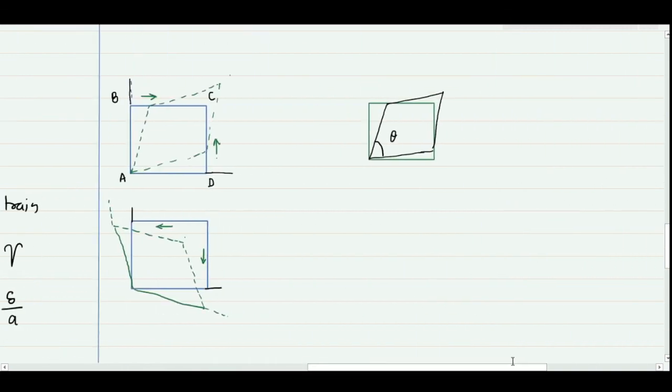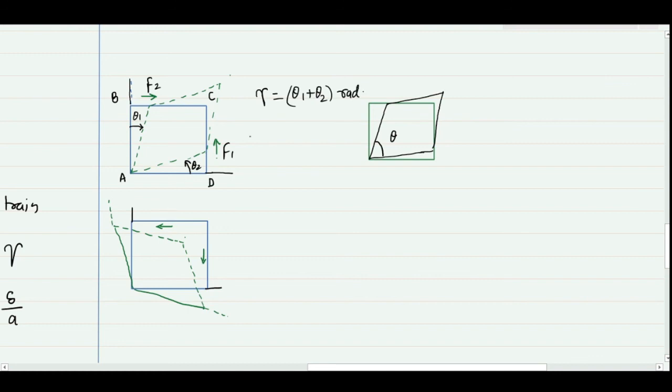Let's see two more problems. Here I am saying that now all sides are free. There is no fixing of the bottom surface, and I am applying two forces F1 and F2 on the top and vertical side. Because of these two forces, this would be the change in the shape of this rectangular body. So there are two angular deformations. One angular deformation with respect to this vertical side, and AD is also having angular deformation with respect to AB. So there are two deformations, theta 1 and theta 2. So the total angular deformation will be theta 1 plus theta 2, and this would be my shear strain.